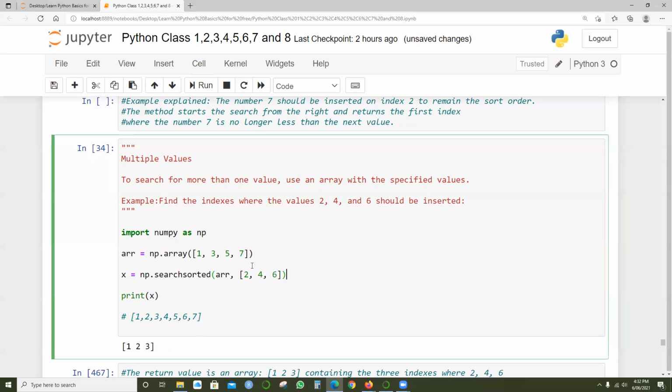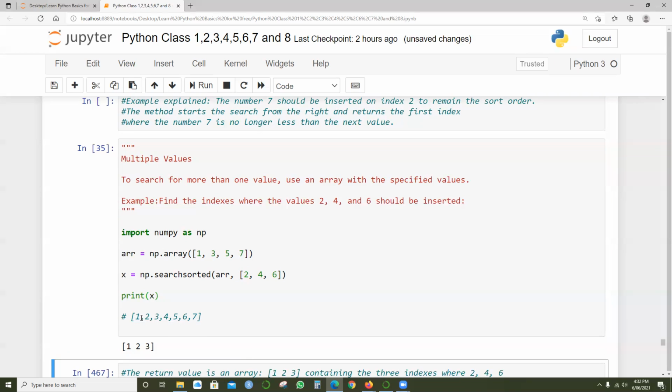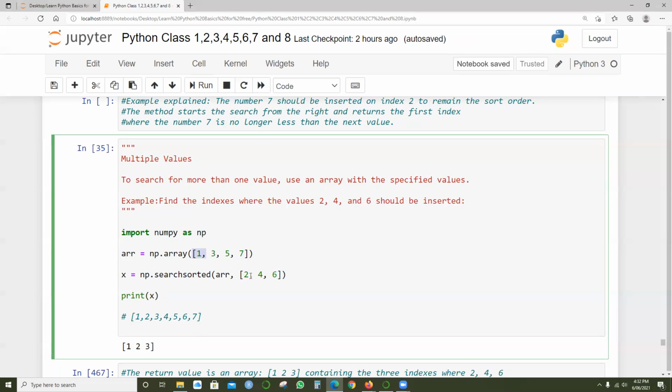So what are the values? How are we going to insert them and pick up the index values? Python treats it in a different format, but in this sense it's the 0th index, then the first index, then the second index, and then the third index. So it will pick up the index values.